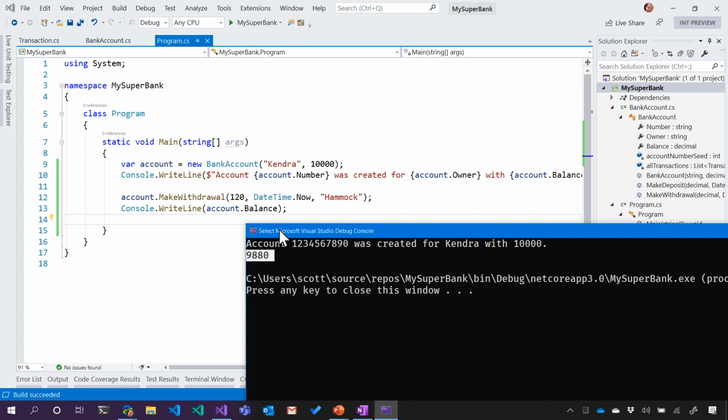Absolutely. So let's take a little bit of a break here, and then we'll come back and let's actually print out the entire ledger and make it look like a real checkbook or a real bank account. Like for all my transactions. All your transactions. All right. Let's do it.